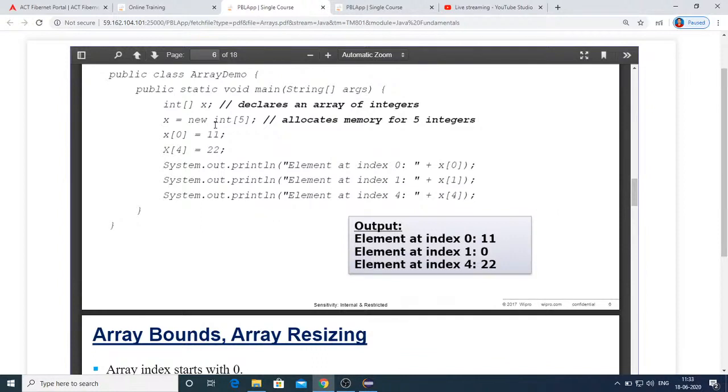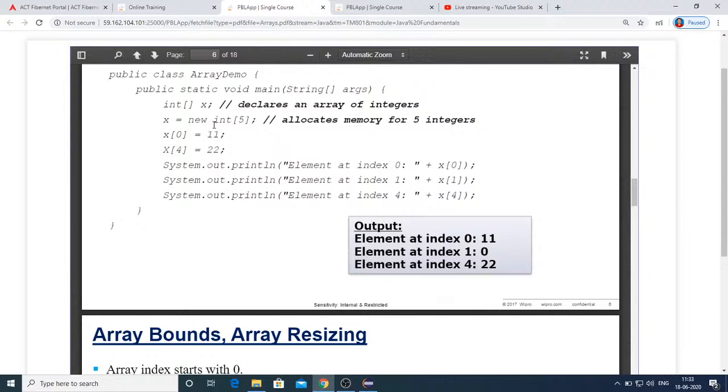Remember the point, a local variable cannot be used without initialization. But coming to arrays, since they are allocated in the heap memory, if you don't define any value, then by default they have the default value of the particular data type.